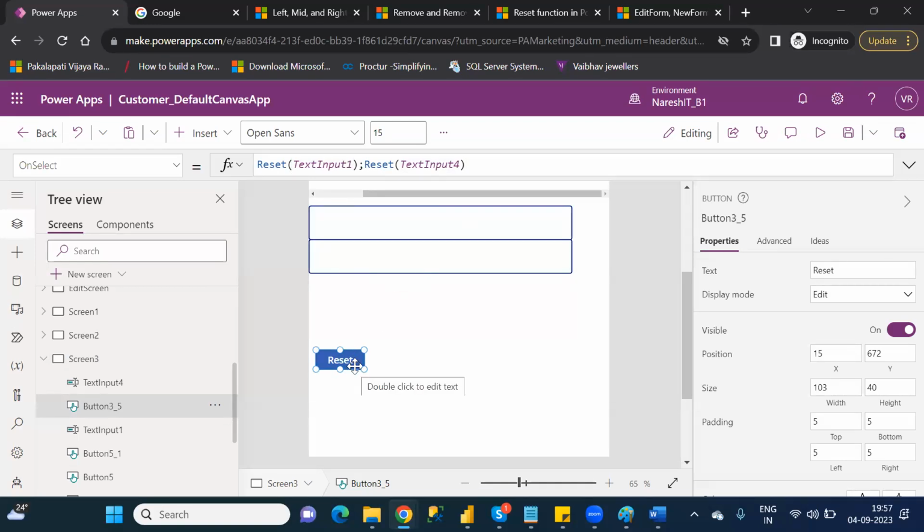Suppose you have 10 to 15 elements. That means you need to write that many functions, and it will impact performance, right? If you have 15 elements, you need to put a semicolon and write all 15 reset functions, and that will affect performance. So to overcome this, what you have to do is,